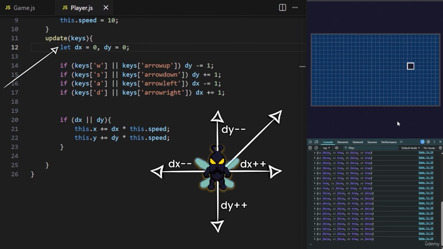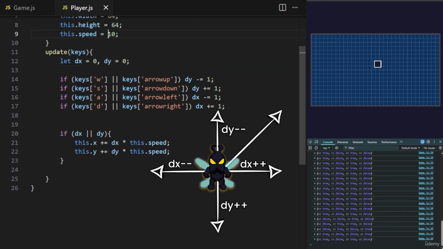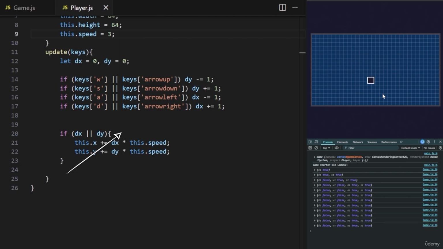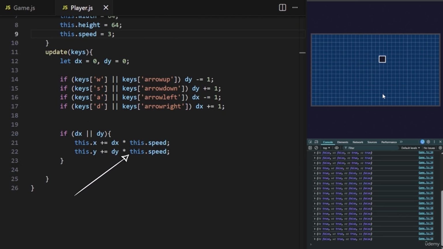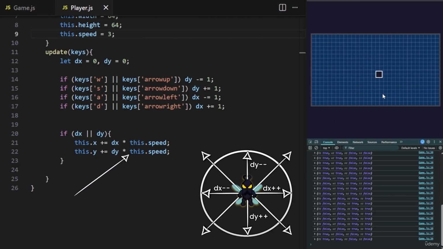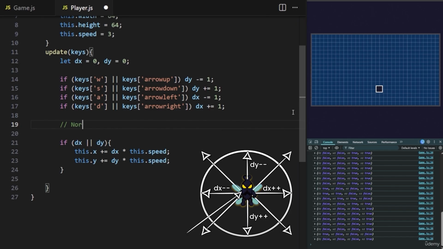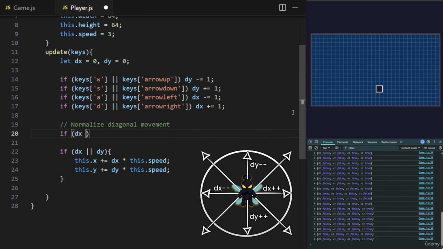Now, when I press WASD or the arrow keys, the player moves around. dx and dy are very small values between -1 and +1, so we multiply them by this dot speed to control how fast the player moves across the screen. Notice that when I move left, right, up or down, the player moves slower than when moving diagonally. Diagonal movement is faster, which is a very common issue in 2D games like this, so we need to normalize